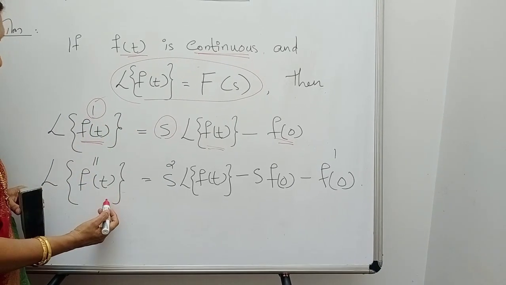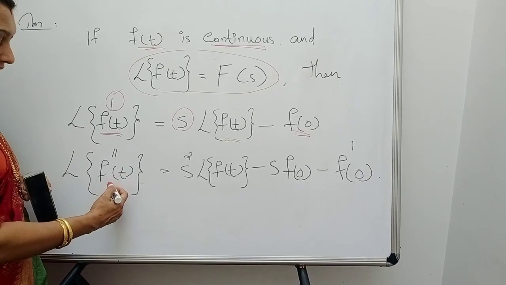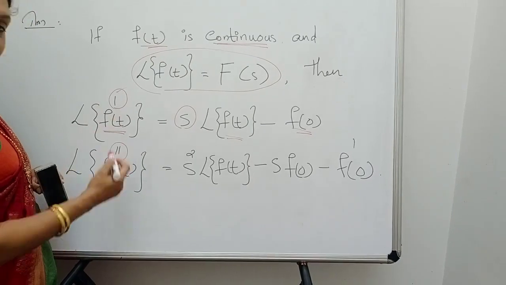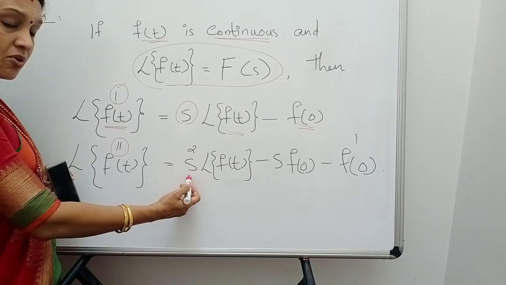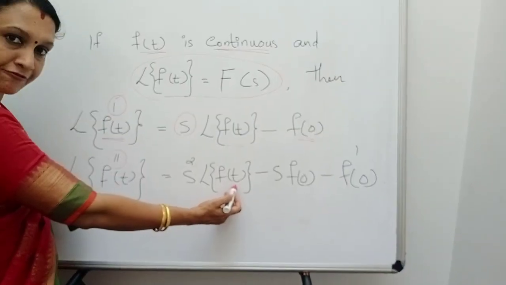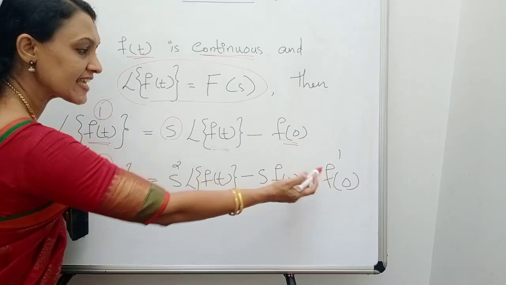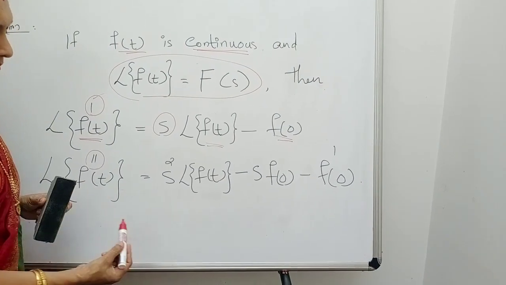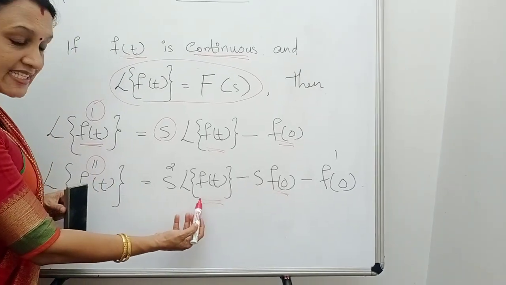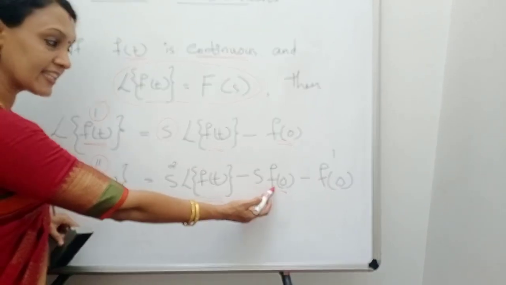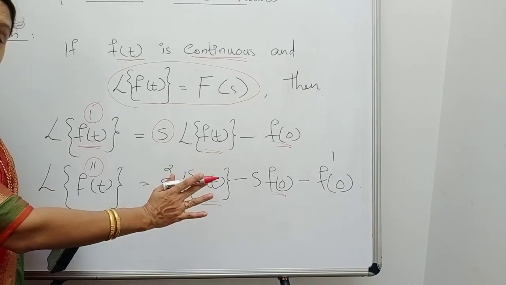Okay, let us take the next case. What is the Laplace transform of f double dash t? This is second derivative, right? Therefore, we are starting with s square. s square into L of f of t minus s into f(0) minus f dash 0. You look at the two terms. See, I told you we are fixing these two terms. The first term is L{f(t)} and the second term f(0). This is the same. You can keep as it is in all the derivatives.